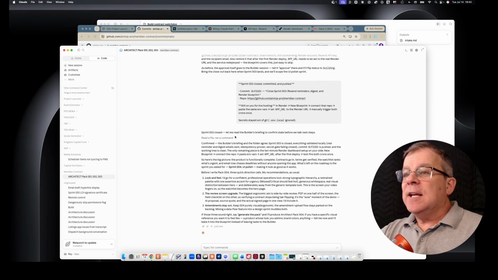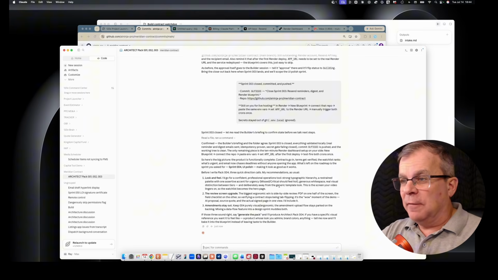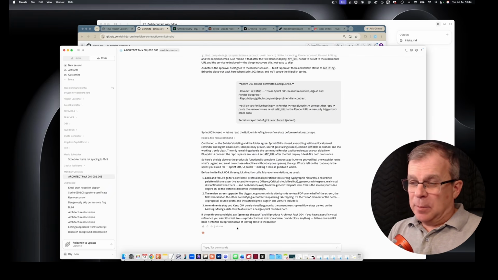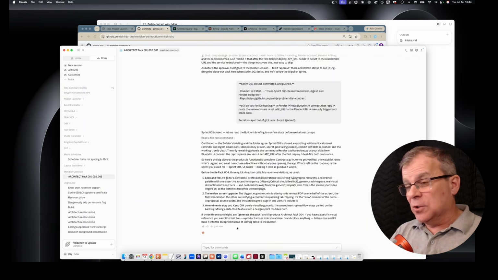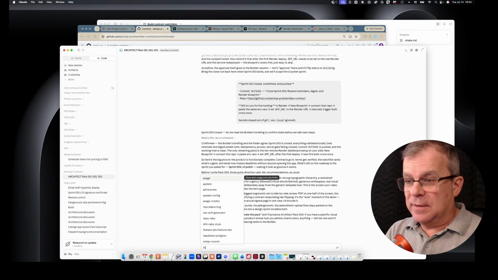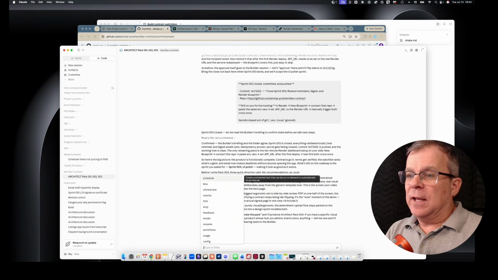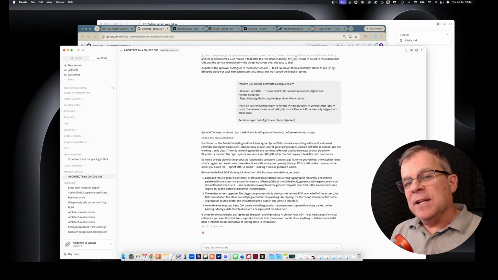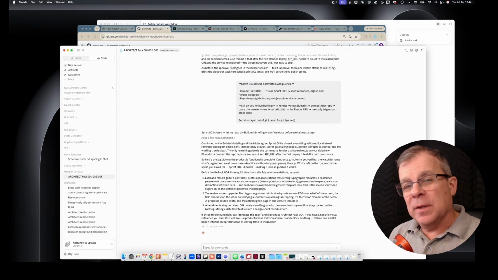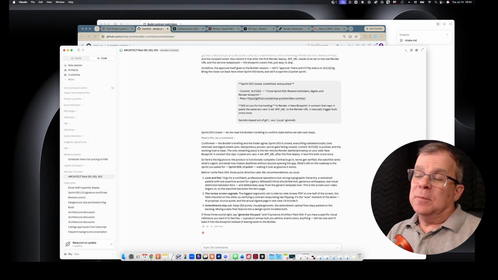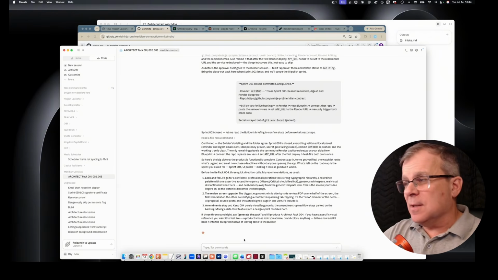All right, so he's saying sprint 3 is closed. My recommendation as usual, look and feel. I'd go for confident professional operations, the review screen upgrade, the minimum stay out, and so on and so forth. We can generate the pack. Now, there's one other thing too. There are skills within Claude that I downloaded, or plugins that are UI specific. There's a handful of them. You can use those too, but for the sake of this demo, I'm just going to go with his recommendation